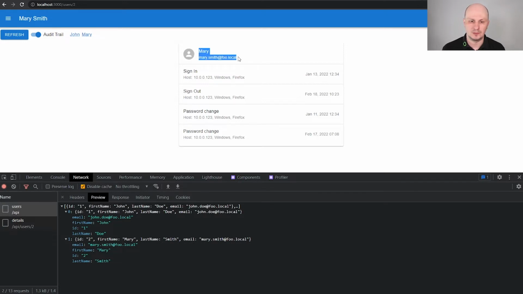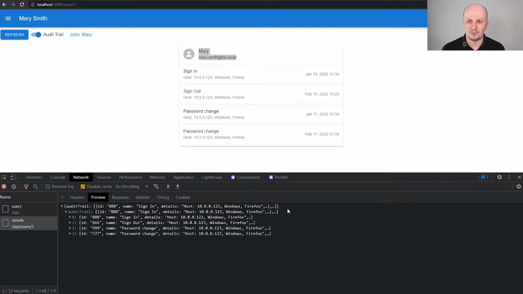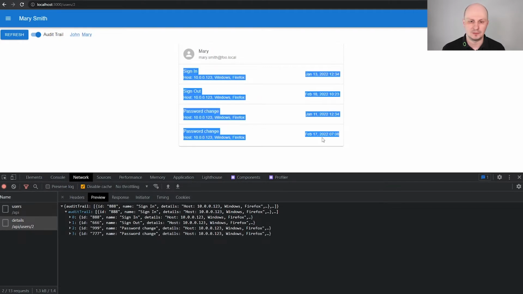So here in the header and in this card, we see data from the previous API call, and we also have a new response for the user's audit trail, which is taken from another call, and this endpoint requires the user ID in the path.